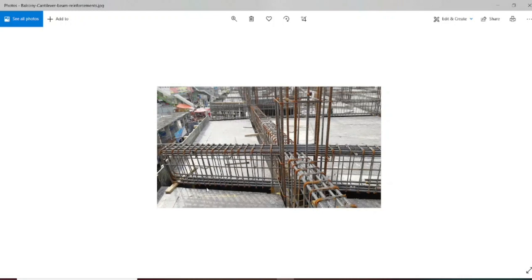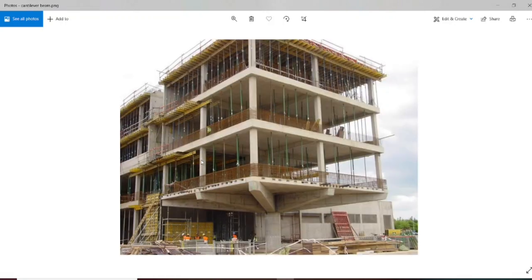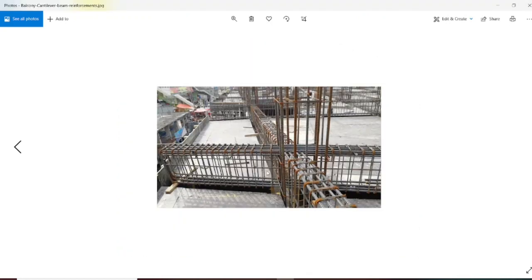So this is where we are interested today: how to design a cantilever beam and how to detail it. And you can see the beam has the same depth. Due to the size of the cantilever beam, which might be nearly 1.5 meter, the short distance, and the minimum load at this balcony, the cross section of the cantilever beam is the same.